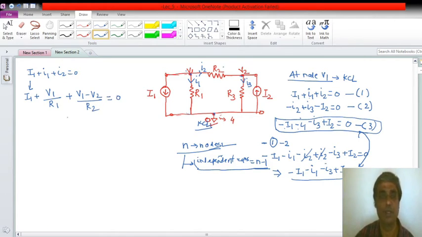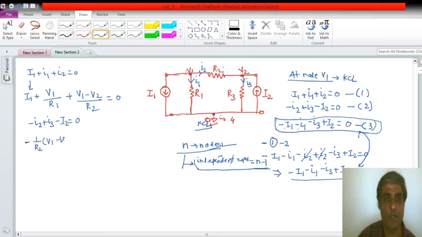Okay. And what is the second equation? That is minus I2 plus I3 minus I2, which was equal to 0. What is minus I2 now? Minus I2 will be minus 1 by R2 times V1 minus V2, right? Plus I3. So what is Ohm's law in this branch? It will be V2 by R3, right? And minus I2 is the current source, so it will be minus I2, which is 0, right? So these are the two equations I have got in terms of node voltages.